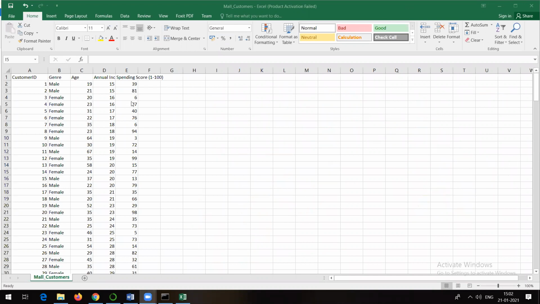So our target now is to find out in how many groups we can divide this particular data set. Whether 5 groups, 6 groups, 7 groups, or what? If it is 5 groups, that means you will get cluster 1, cluster 2, cluster 3, cluster 4, cluster 5, so maybe 0, 1, 2, 3, 4. These are the 5 clusters or groups in which this data can be divided. So we need to find out.